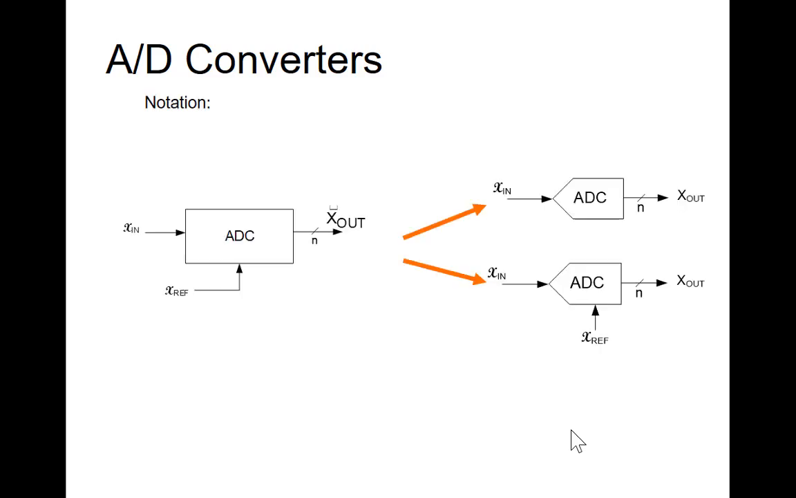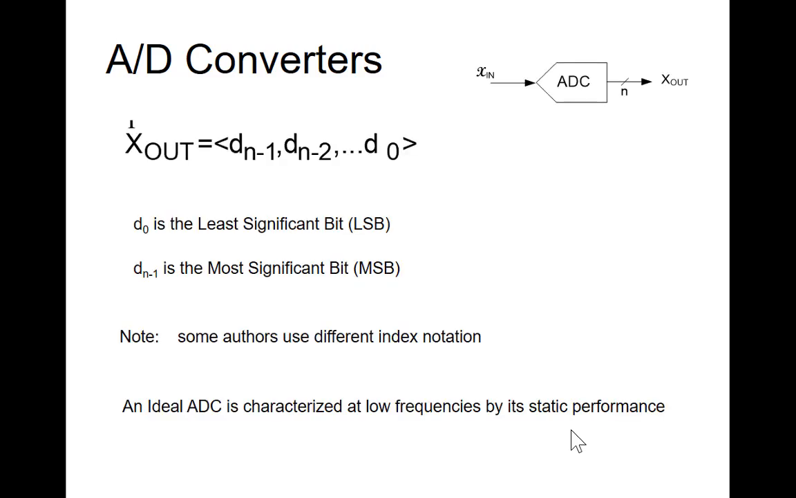Here's a symbol we have for the ADCs. Again, the input is on the point of the triangle on the left. We'll try to follow the same notation. I use D's instead of B's here. So D0 is the LSB and D sub n minus 1 is the MSB. And much like a DAC,